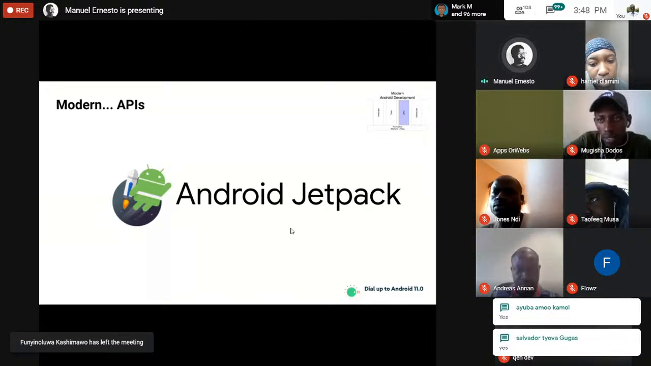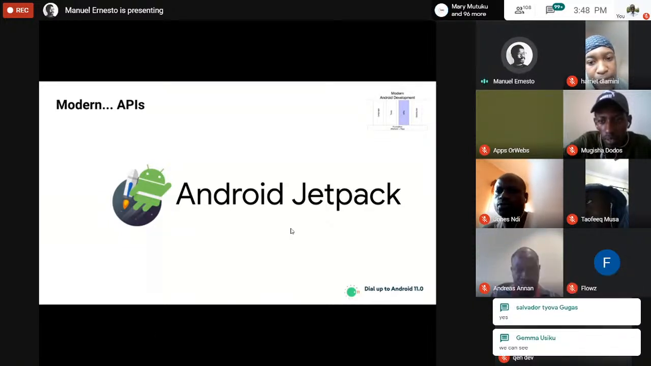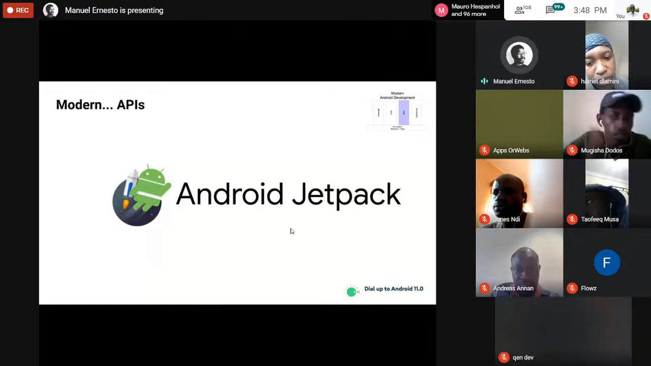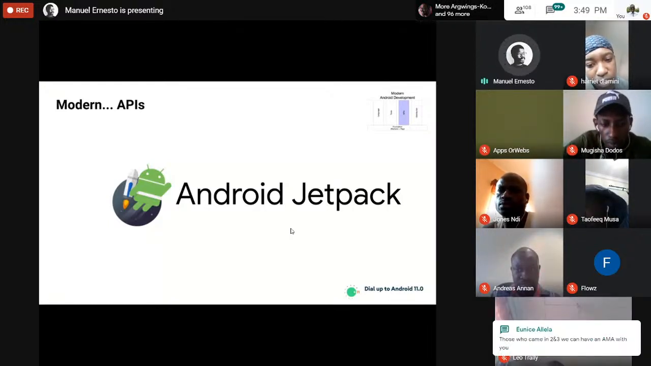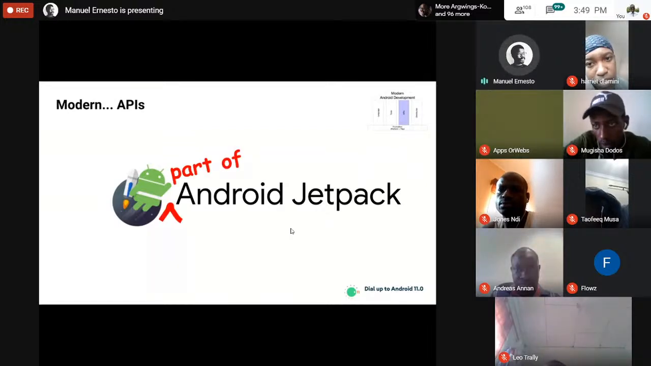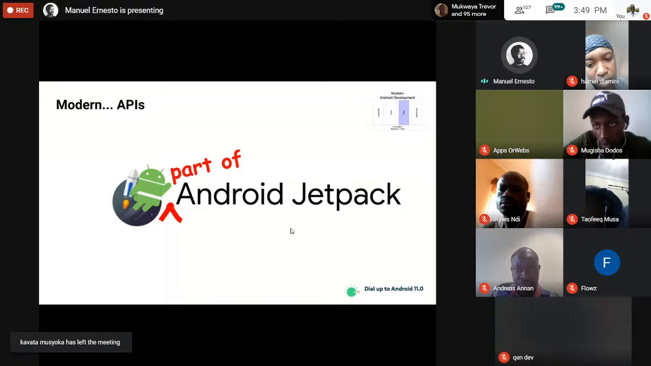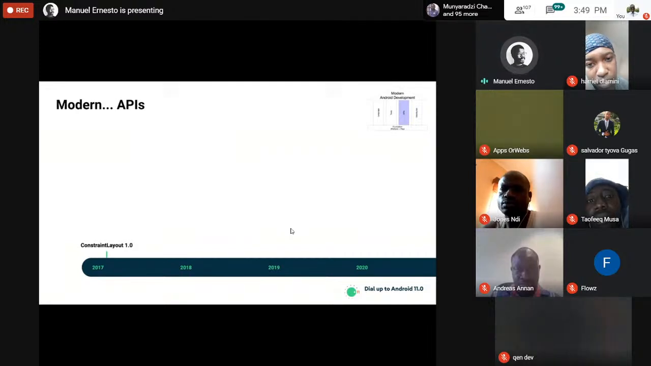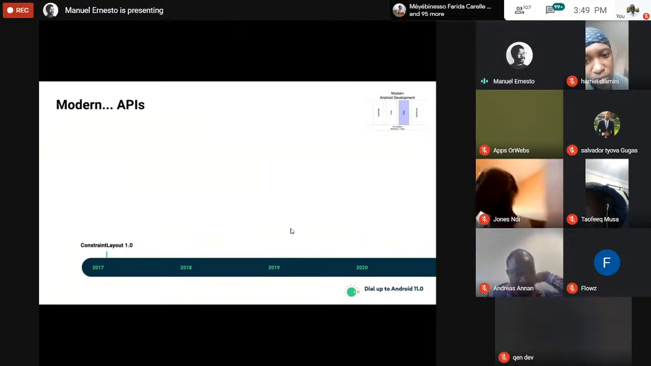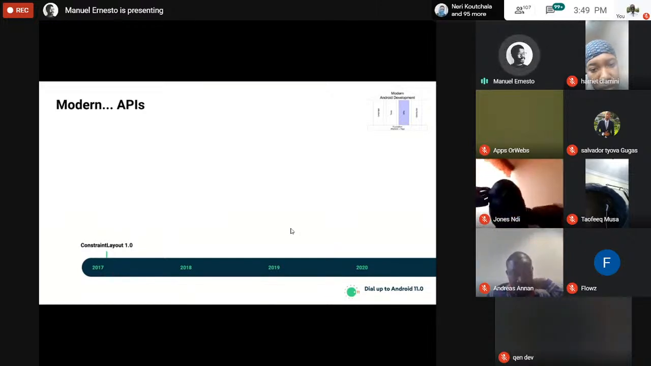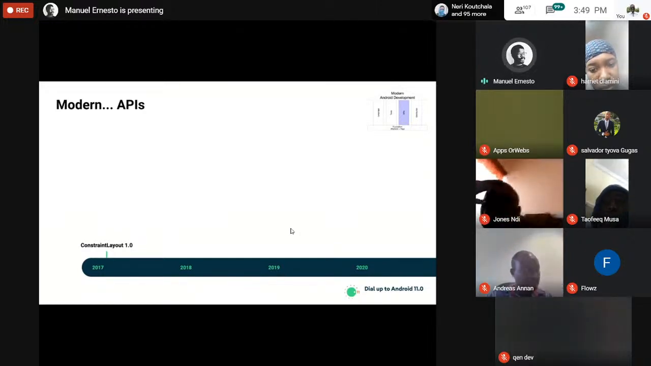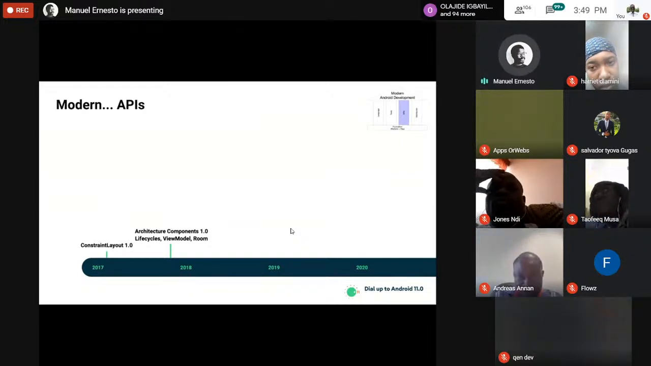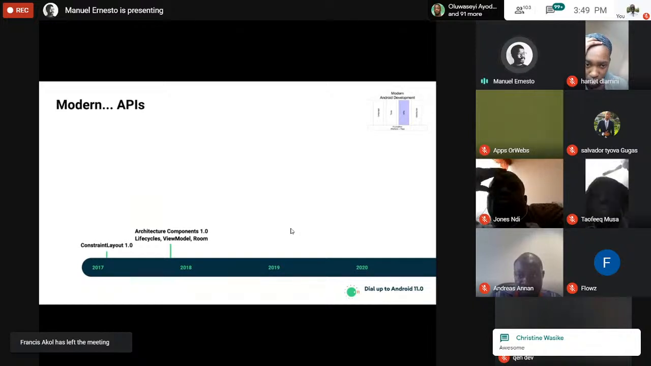This time, we'll see modern Android development on the API side. On the API side, we had Android Jetpack. Jetpack is a lot of things, but we won't talk about all of them. Historically, we first came out with ConstraintLayout 1.0. ConstraintLayout is a good way to build a rich UI on Android Studio. Architecture components solve the hard problems of Android development, starting with Lifecycle, then ViewModel, then Room. Room is the best way to work with